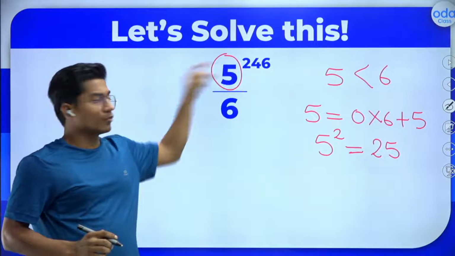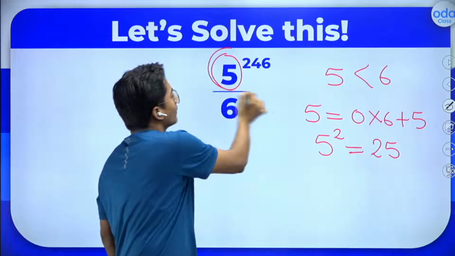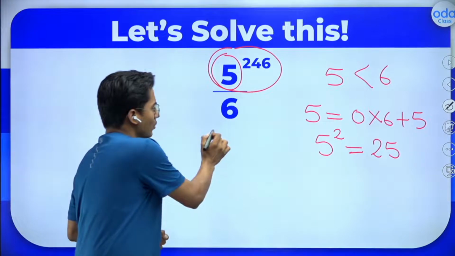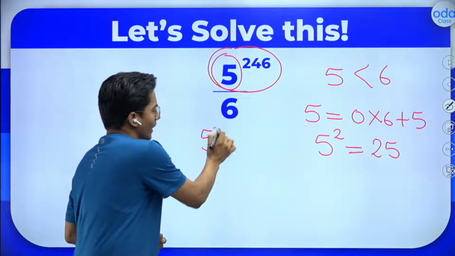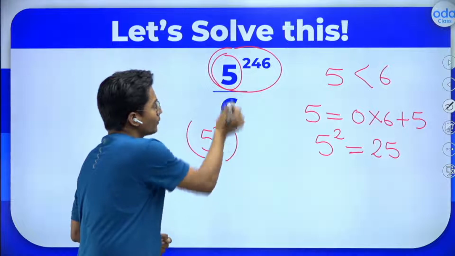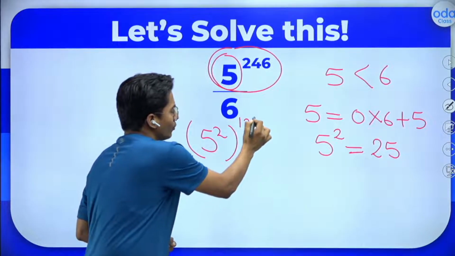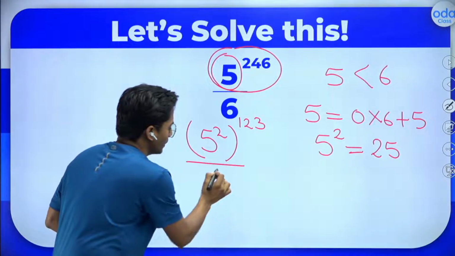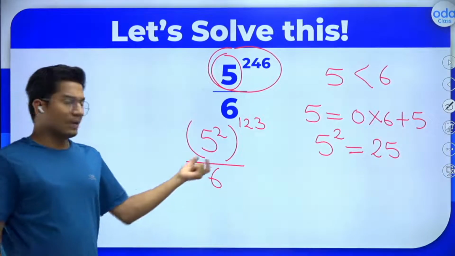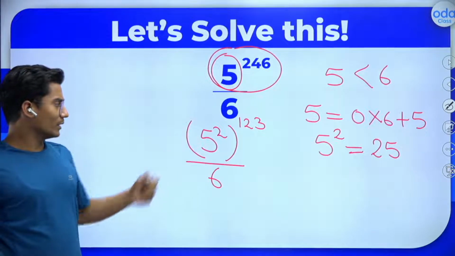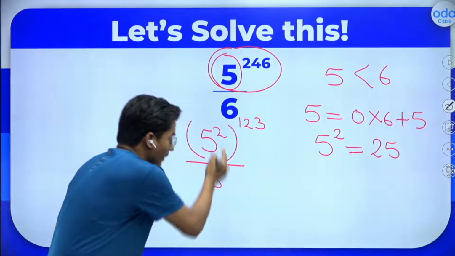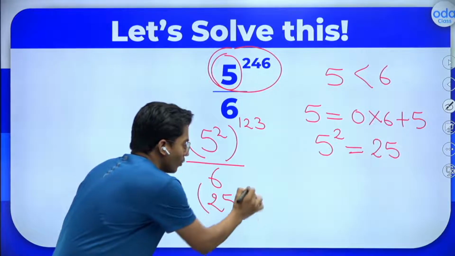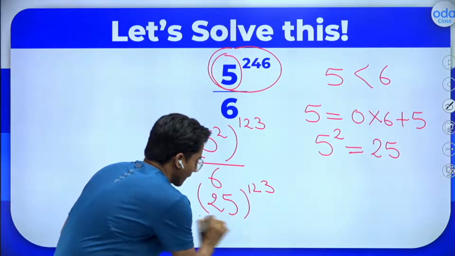So now let's try to convert this complete part, in which I can have the power for 25. So now I can write this also as 5 exponent 2 whole exponent 1, 2, 3, right? It is one and the same thing if I am writing in this way, upon 6. So now I have got this form as 5 raised to the power 2, so I can write it as 25 exponent 1, 2, 3, now upon